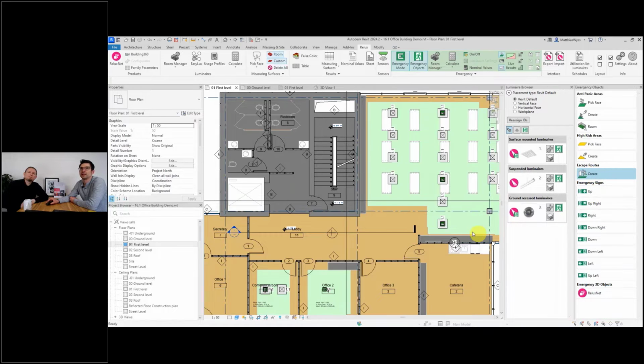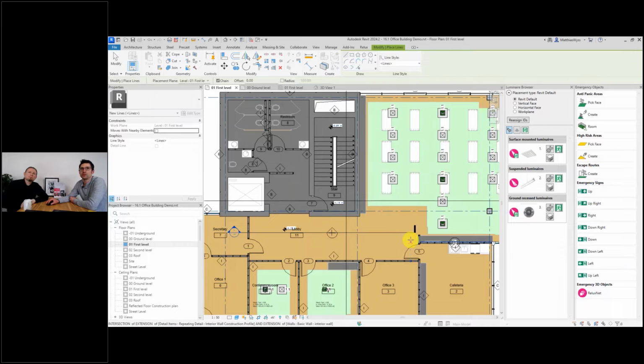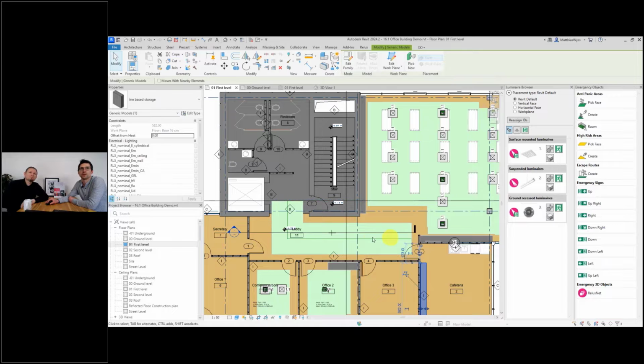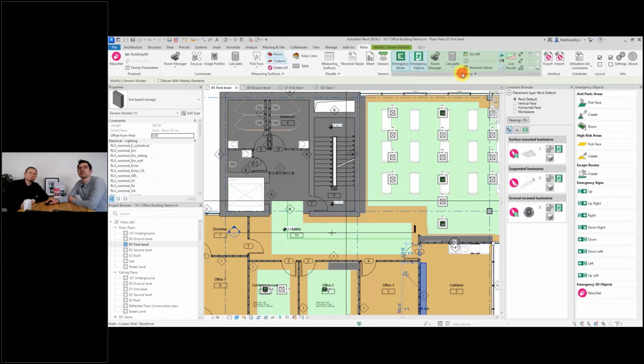Then we also can create escape routes here. Most important for all kinds of emergency situations is the escape route. Escape route first. Anti-panic is something more on the side if you have large areas, but the real story is the escape routes. We draw the center line here and then get an escape route in the size, the width